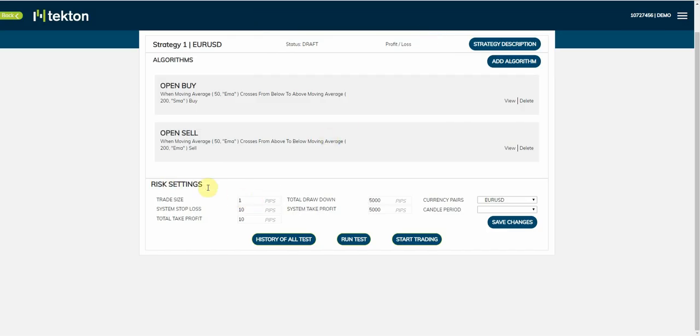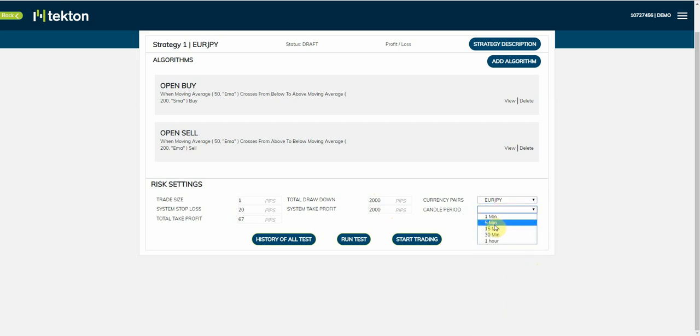For this exercise, I'm going to keep risk setting at 1 CFD, and I'm going to put system stop loss at 20 pips and the system take profit at 67. That is the number of pips it will take of each individual trade in stop loss and each individual trade in pips in target. This here is where you can control your drawdown. So if you want to control any movement to the downside, because algorithmic systems can have drawdown, you can control your drawdown here. So we'll put that down to 2,000, and we'll put the take profit at 2,000 as well. The currency pairs are here, so we're going to use Euro Yen,